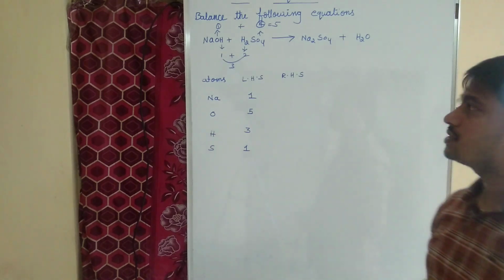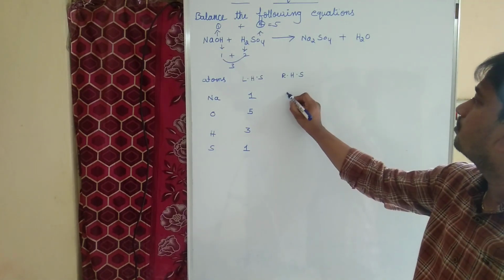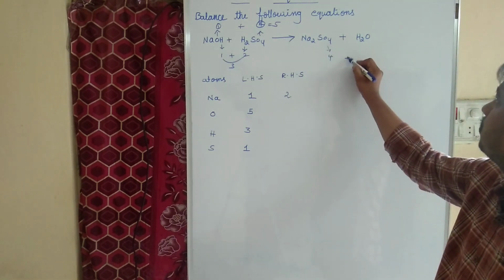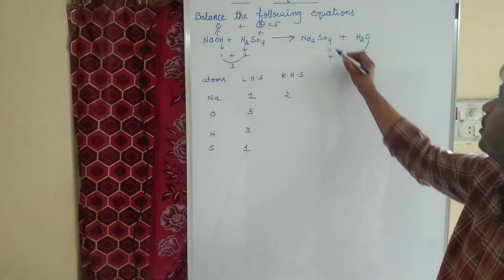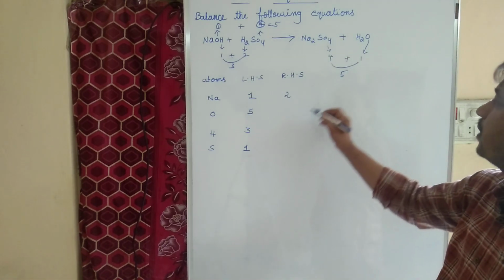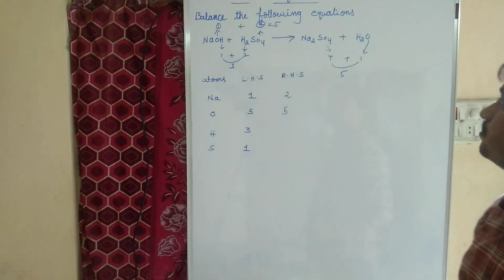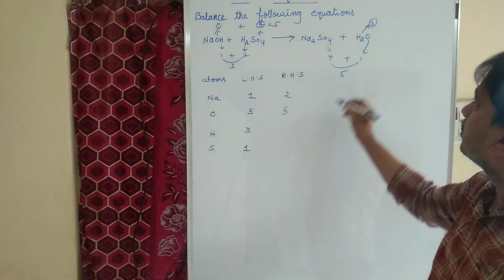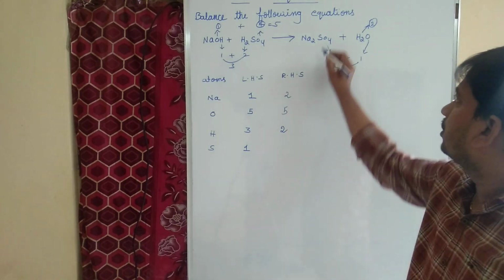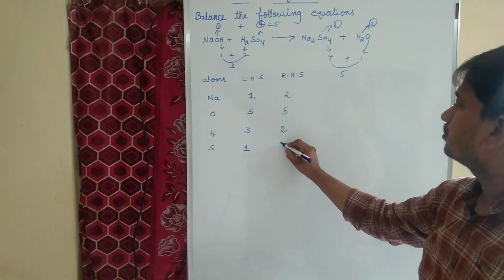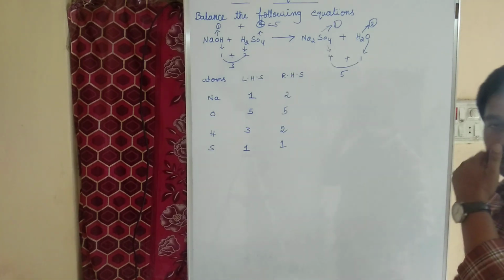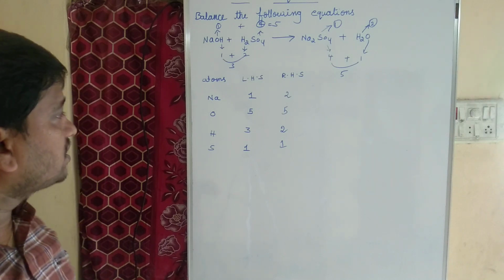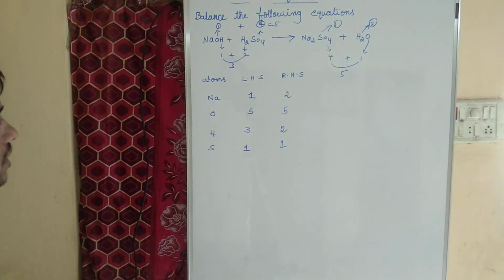Yes. Now coming to right hand side, we have 2 atoms of sodium. How many oxygens are there here? Here 4 plus here 1. This is 1 and this is 4. Total 4 plus 1, 5. We have 5 oxygen atoms. Now coming to hydrogen, here we have only 2 hydrogen atoms. Coming to sulfur, here we have only 1 sulfur atom. Right? Now we found how many number of atoms which are present on LHS and RHS. Which is imbalanced, children? Hydrogen and sodium.